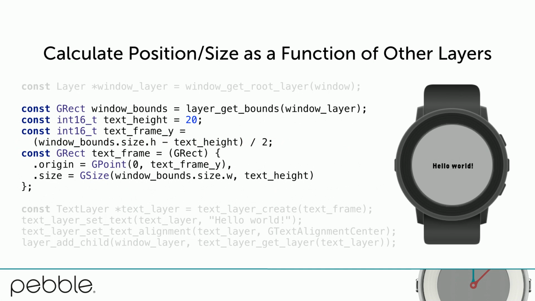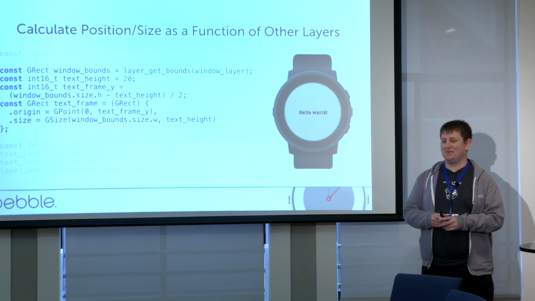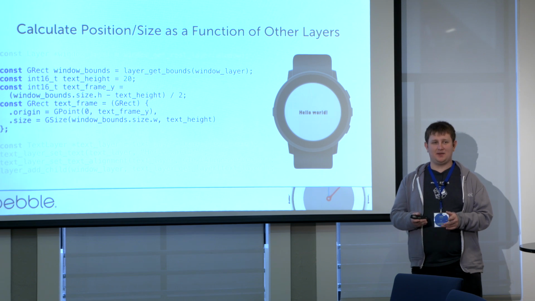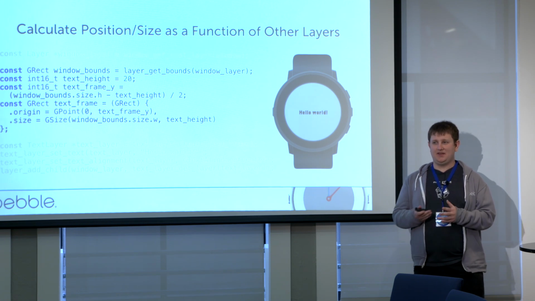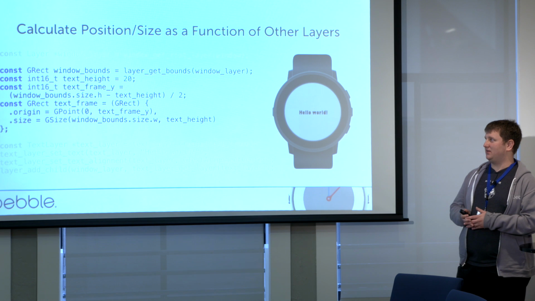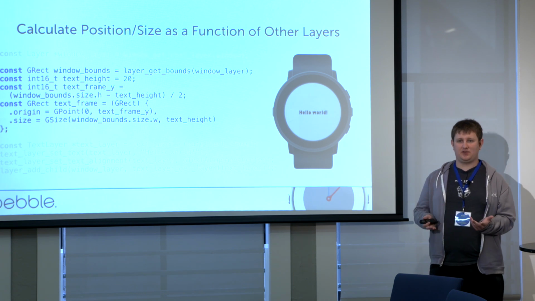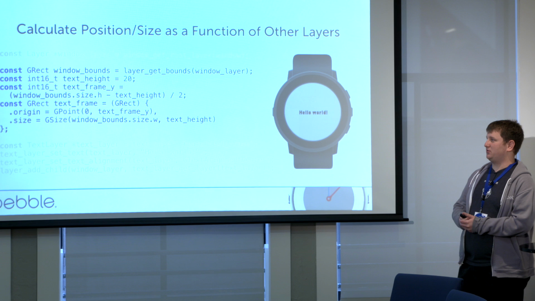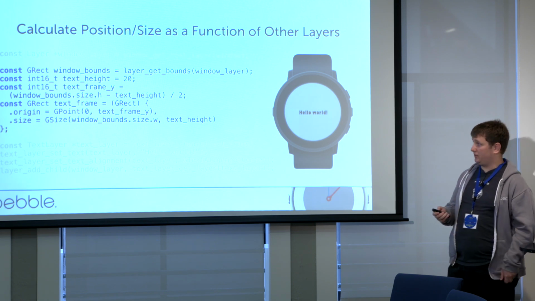Now what we can do to fix this is we can write some code that actually calculates the frame of the text layer using the root layer of the window's bounds. Sorry, the bounds of the root layer of the window. And this is going to be different at runtime for the different display shapes. So this is actually a way that you can make sure that your text is centered regardless of the platform that it's running on. And the basic idea here is